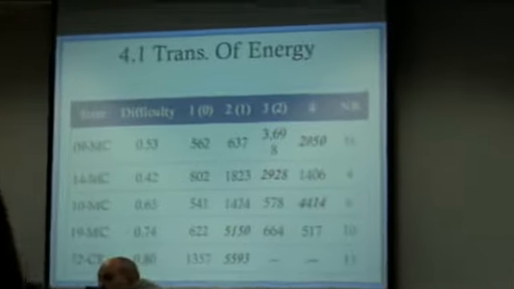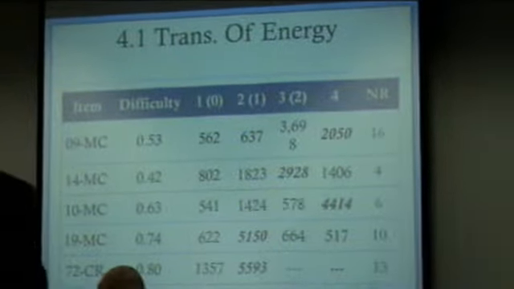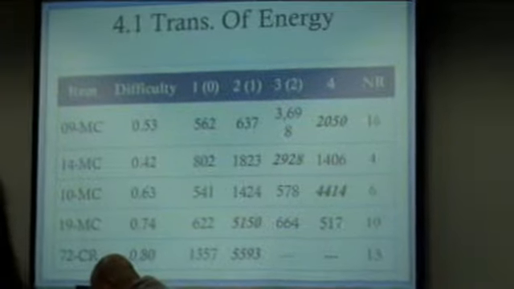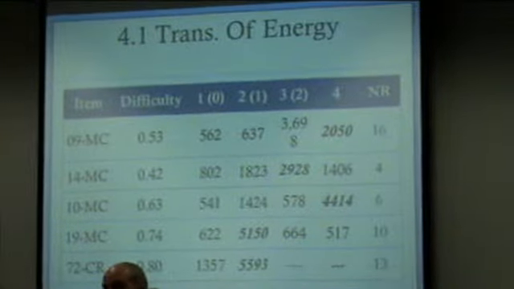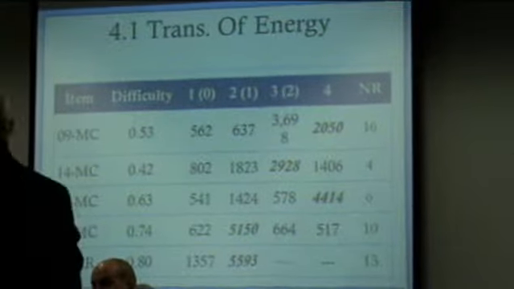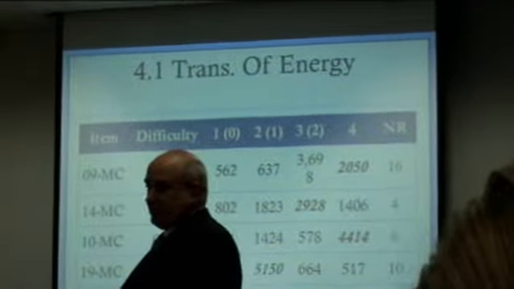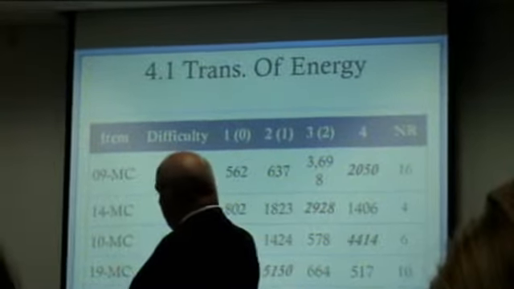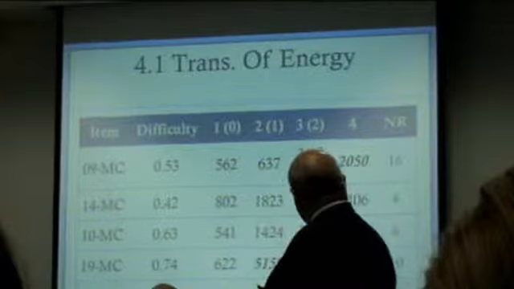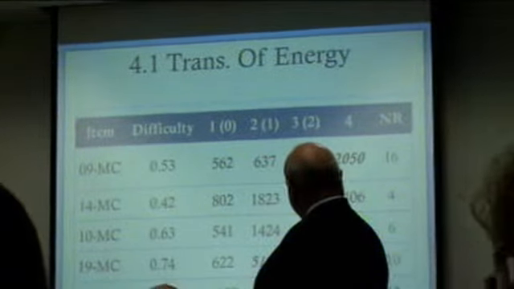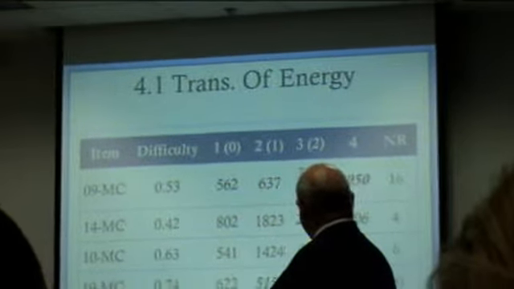Let's see, I have my alignment off on the first one. So the very first item that's identified here is number 9 on the June 2011 exam. It's a multiple choice item. It tells me the difficulty is 0.53. This is not a trick question, what does 0.53 mean? 53%. 53 out of 100, 5.3 out of 10. About half the students were able to answer this correct. The numbers beyond that tell me the number of students that chose each of those responses. So if I look at this kind of ill-conceived chart up here, 3,698 of the students selected choice 3.